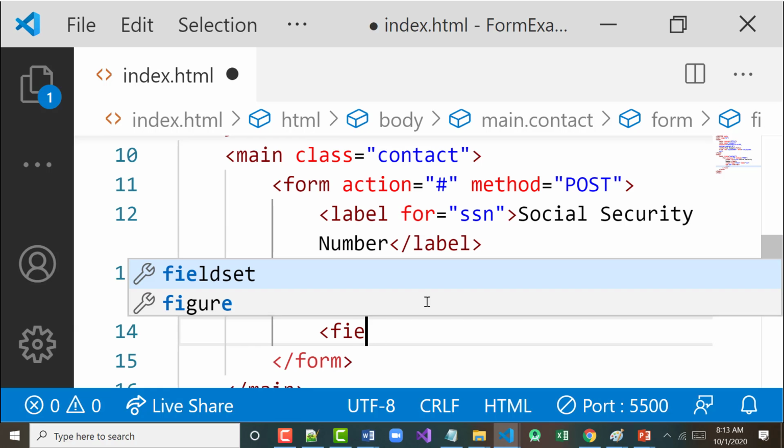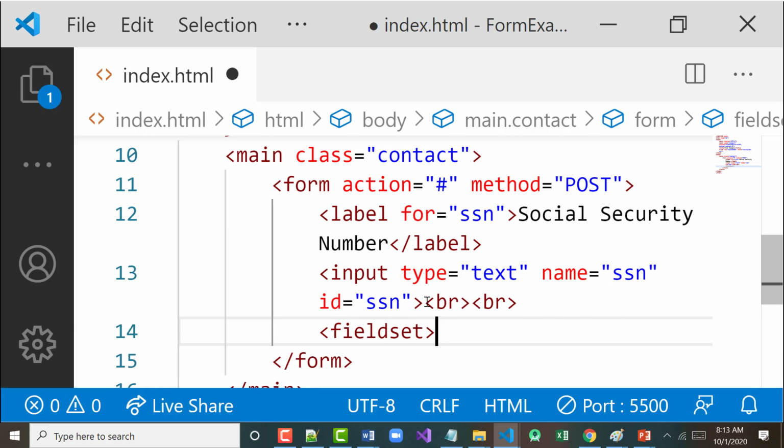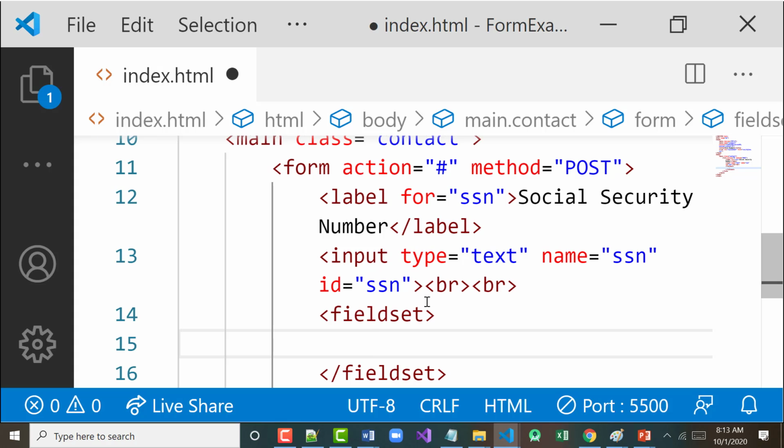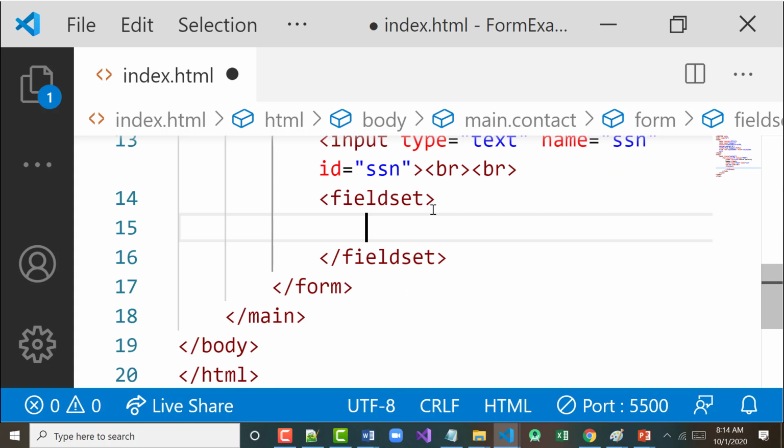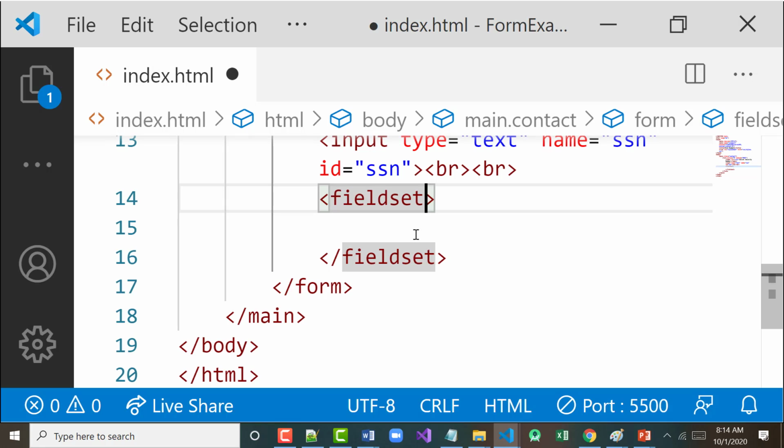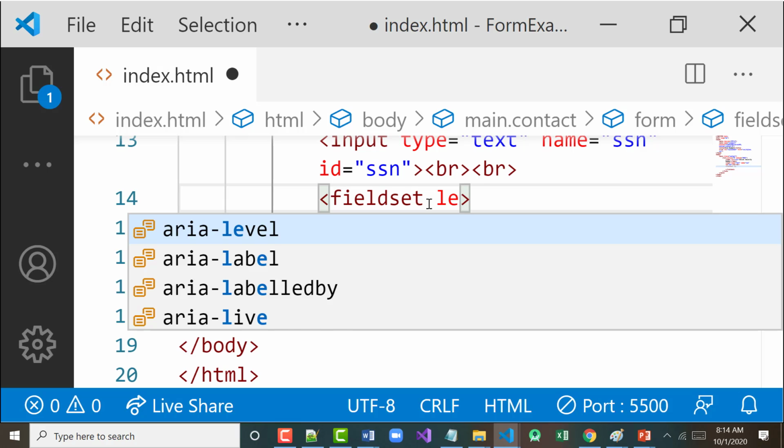Field set. When you set up a field set, one thing that you can do is put in what's called a legend. The field set's going to draw a box around all these fields that I'm about to put in. The legend will, right in the middle, put a little bit of a heading in there as far as what I want it to say. So let's just put in here legend